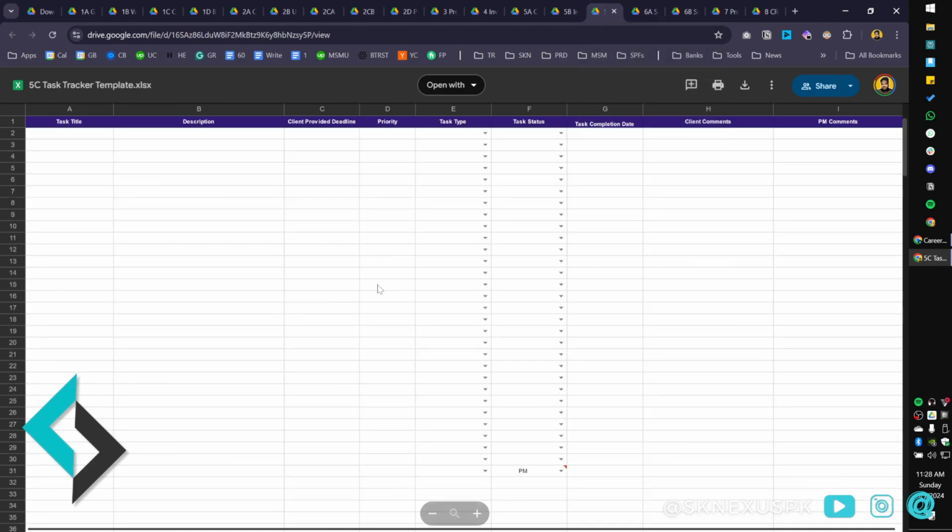Then we have a task tracker. So task tracker is basically, think of it like a mini project management tool. So especially when you're a new freelancer and you start an agency, you can't afford those fancy PM tools, right? Monday.com, Asana, Basecamp, so on and so forth. So to get started for free, you can use this template, which will basically help you with your project management needs or task management needs. You can duplicate the sheet for each project and then use the columns as required.